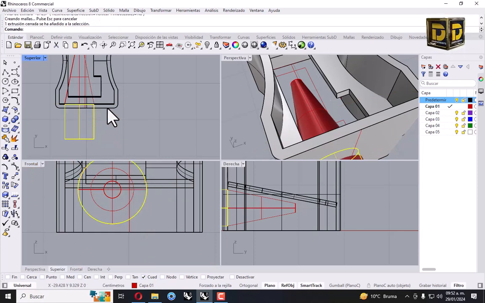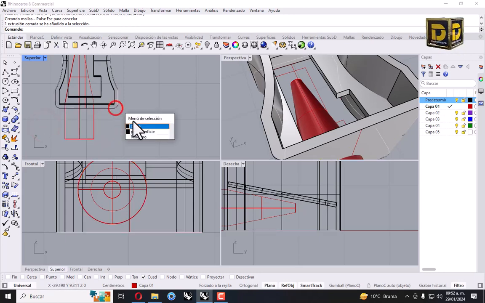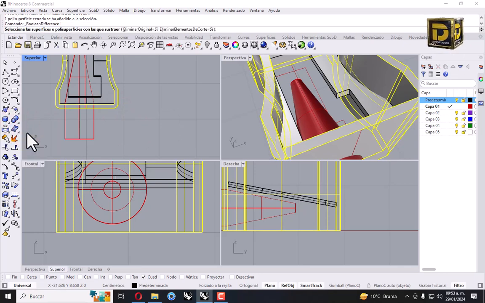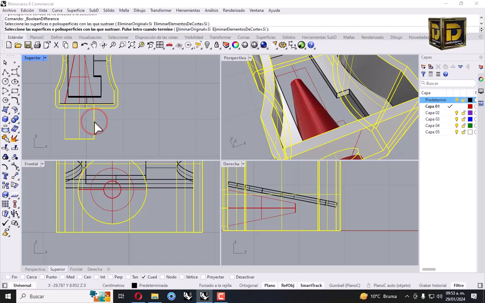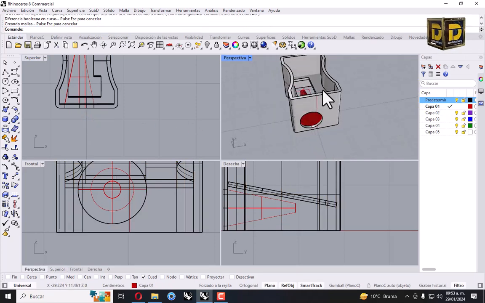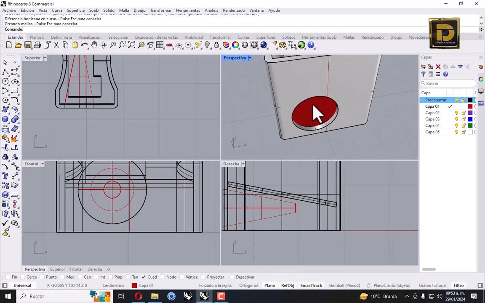We need to make a Boolean difference, so select this solid, go to Boolean difference, delete yes, select this solid and enter. This way we made this hole.